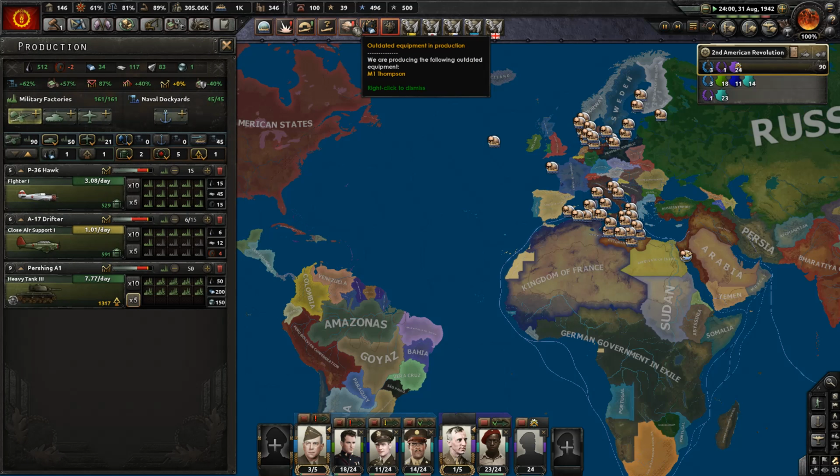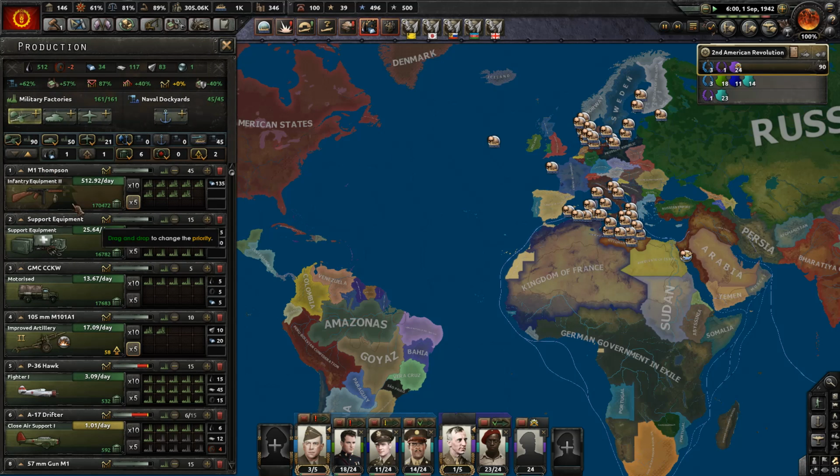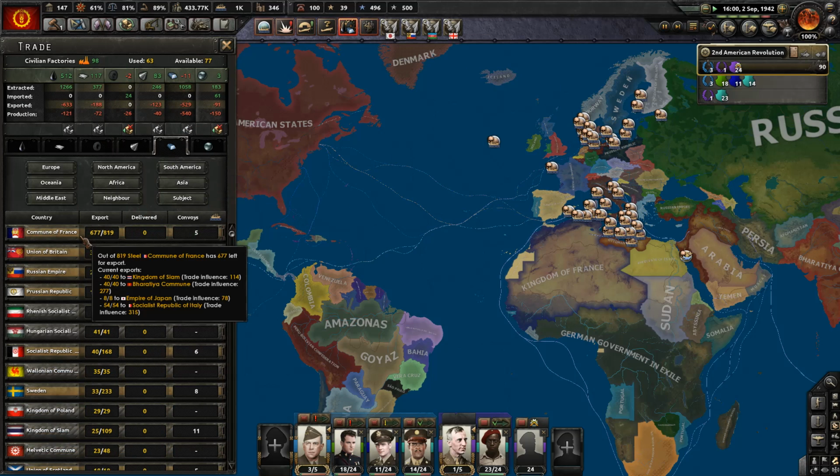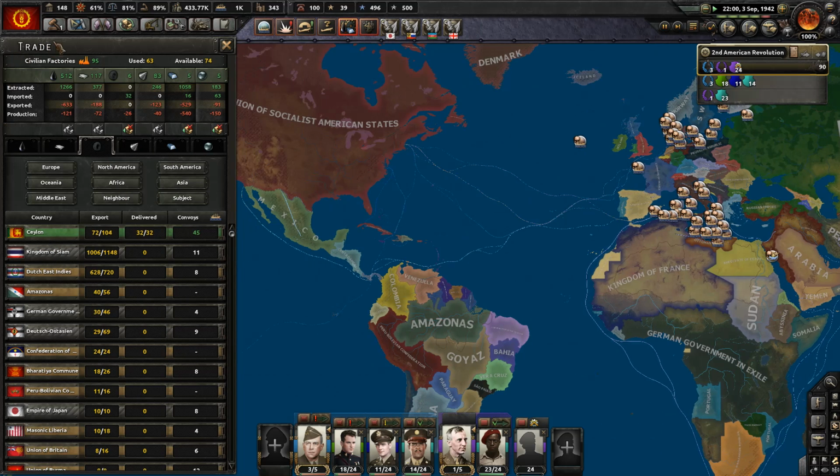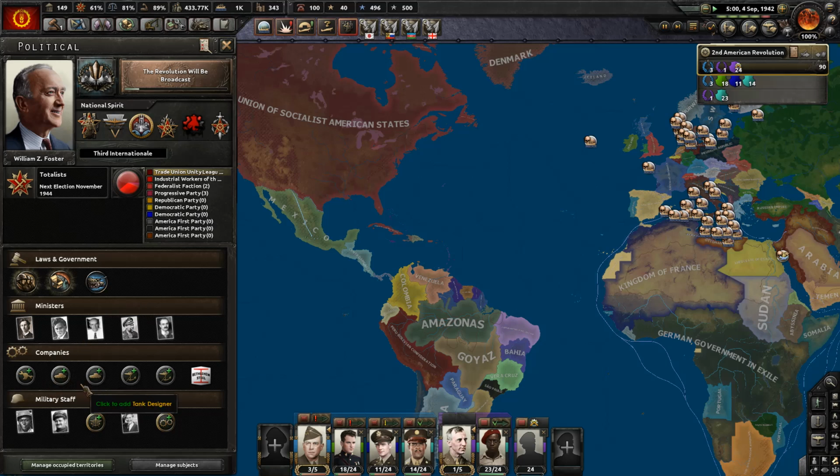All right. Okay, we've got to get some better M1s out. Okay, looks good. Get a bit of steel. Wait, how the heck do we not have steel? This is the United States of America. I definitely need to... Okay, well, there's a few things I need to do. I think what I'm going to do is...